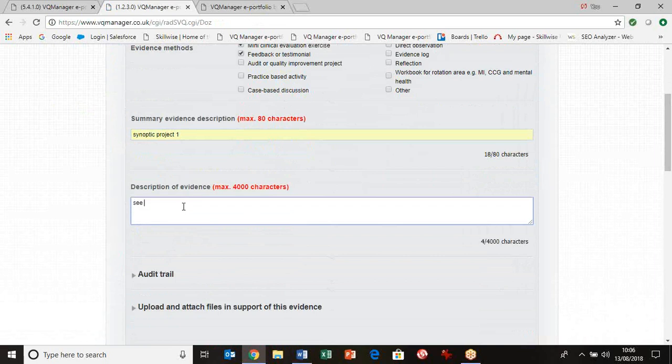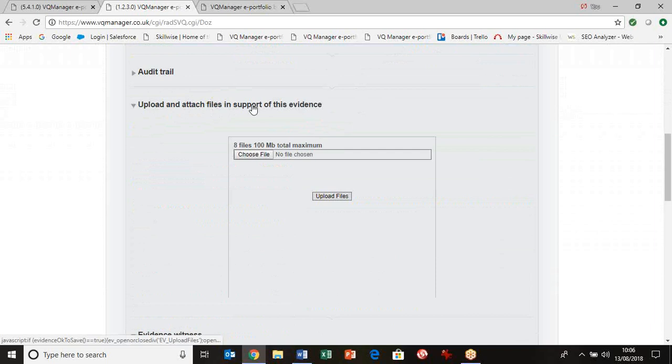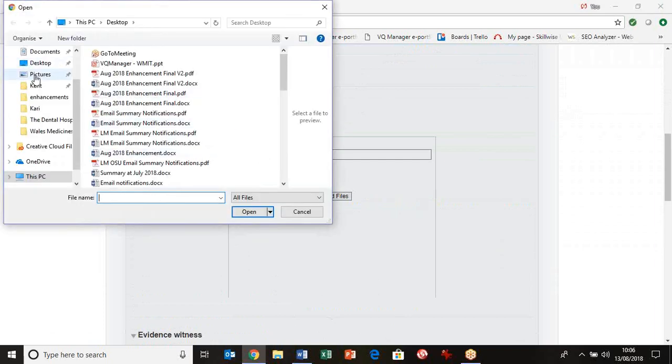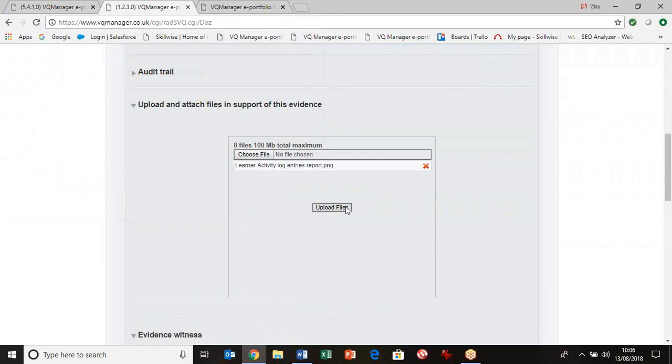Or you can type something like "See attached," because on this form here, there's a section a little bit lower down, upload and attach files in support of this evidence, which will allow you to upload pretty much any sort of file. You can upload as many files as you like to a single piece of evidence. The system will only process 8 files at a time. So when you choose a file, you choose it in exactly the same way that you do finding a file to upload to an email, for example. You find the file and then you hit the upload files. So the 8 file caveat just means that you can only choose 8 times before you hit the upload files